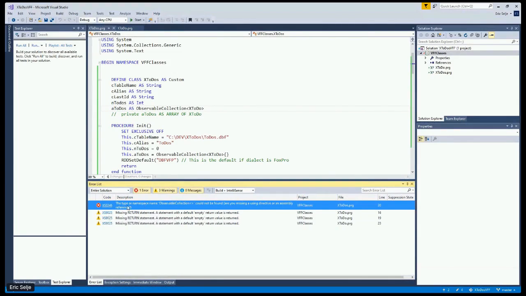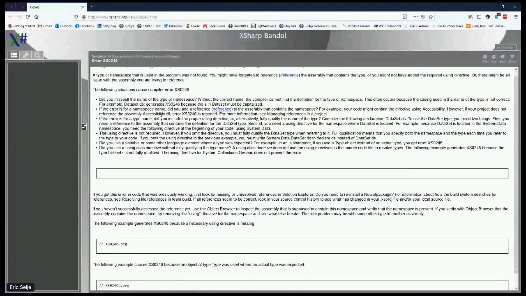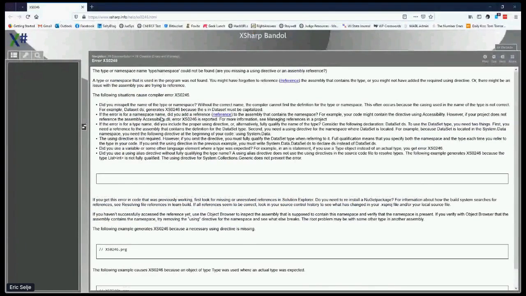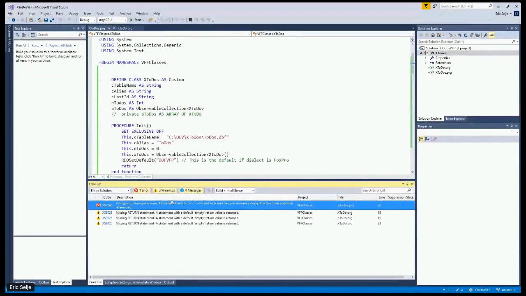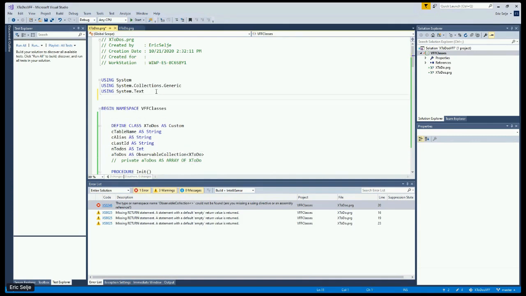Yeah. So here's an example of what you see on the XSharp website if you have an error, and hopefully that'll help you out. Now the problem here is that I have this thing called observable collection, and like I mentioned before, .NET doesn't really load any more than it has to by default. So there is no native data type called observable collection, and it's not in any of these libraries right here. So if I want to use an observable collection, I need to actually tell .NET, or XSharp in this case, that I am going to be using